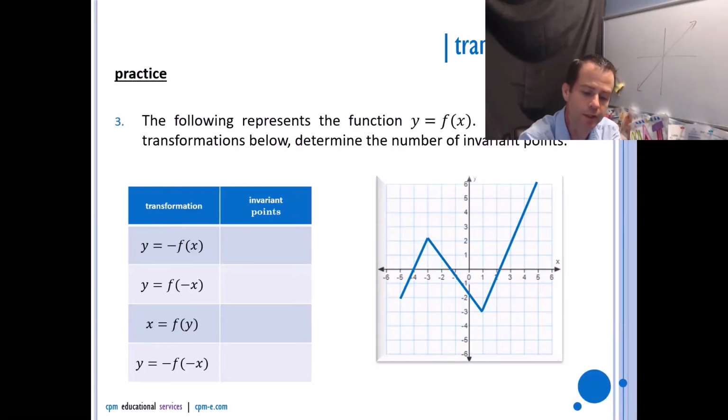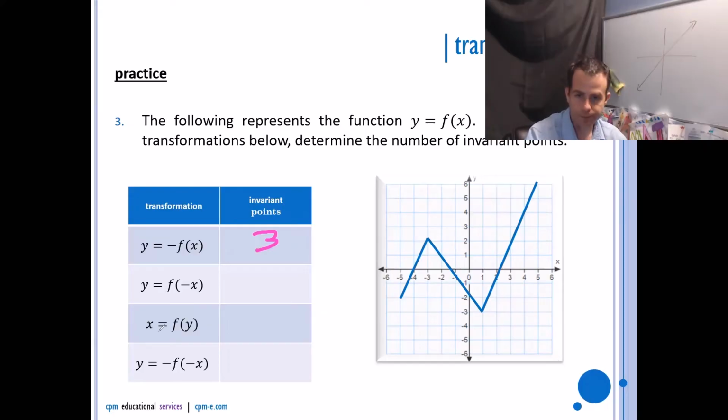That very first one is y equals negative f of x. So that's a vertical reflection. If I do a vertical reflection there, what doesn't change? Well, anything on the x-axis doesn't change. There are 3 x-intercepts there, so there would be 3 invariant points there. Okay, the next guy, I've got f of negative x, so that's a horizontal reflection. If I do a horizontal reflection, my invariant points lie on the mirror line, which would be the y-axis, and